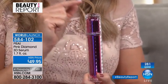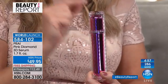So I asked Kathy to launch this double size. It's not 1 ounce, and even most serums that you're buying are half an ounce. This is double up. So this is almost a 6-month supply. So if you want to try it, it's under $13. If you look at the volume, oh, and before I forget, don't forget to layer up the cream. We won't have a